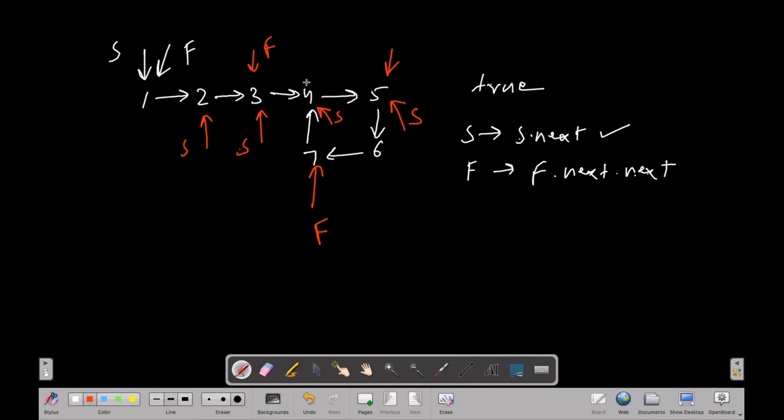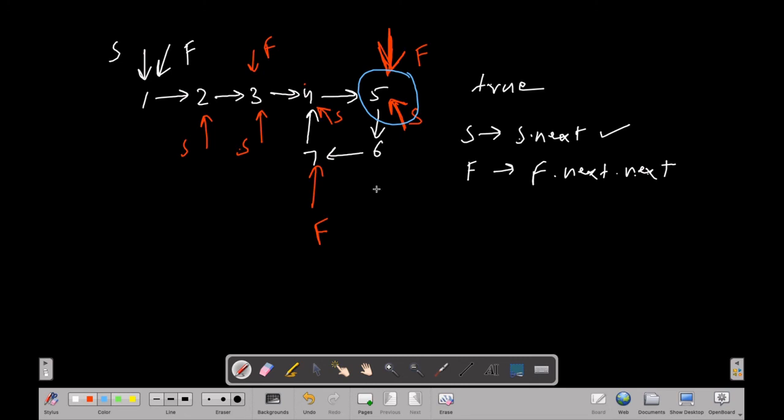Again this will be shifted to here, so this 5 is the position of the slow pointer, and the fast pointer we have this and this. So the fast pointer again has this particular reference, and slow has this particular reference only. So as you can see, we have found a node where the fast and slow pointers collide with each other.